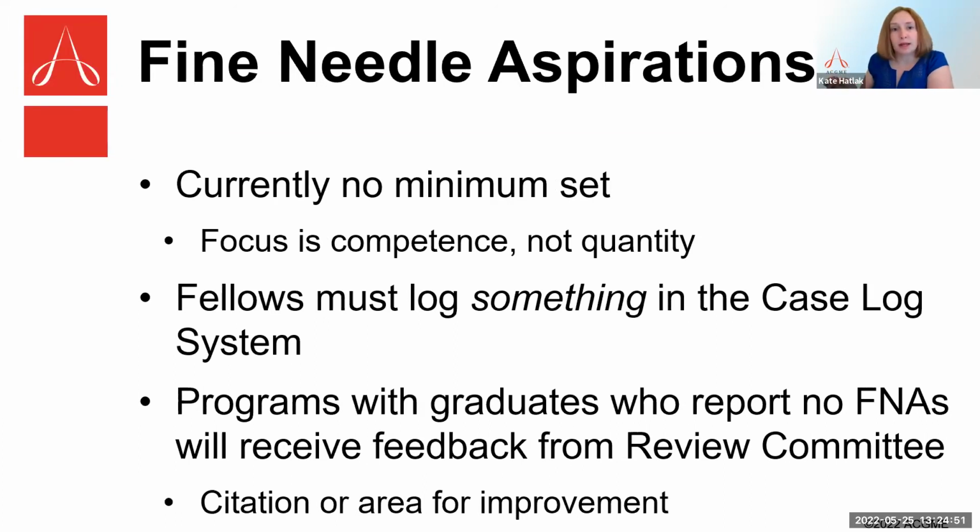There may be some changes made as part of this major revision. I don't know. They're still undergoing, so I have no idea what's going to come out of that. It's being discussed. There currently is not a minimum for the number of FNAs, and I know there's some discussion about should we set a minimum so there's a number, should we leave it broad? The overall focus is and should be on competence, not quantity. But right now, one of the metrics that the ACGME can use is that minimum number to at least ensure that your fellows are getting some exposure to it.